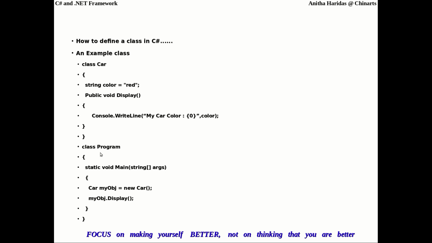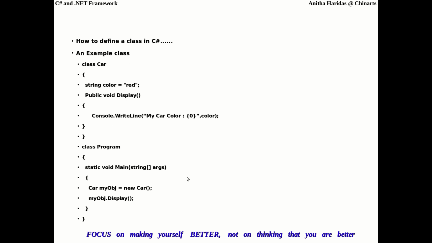Again, I am declaring another class called program, and then I declare a main method which will create an object of this particular class using the new operator, and invoke the method of this class. So this is a sample class example.